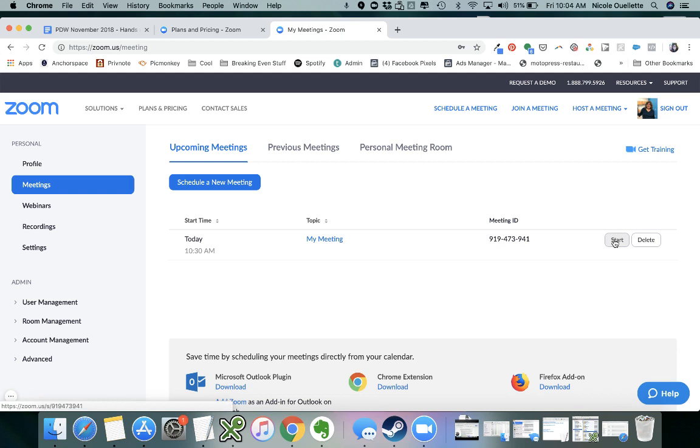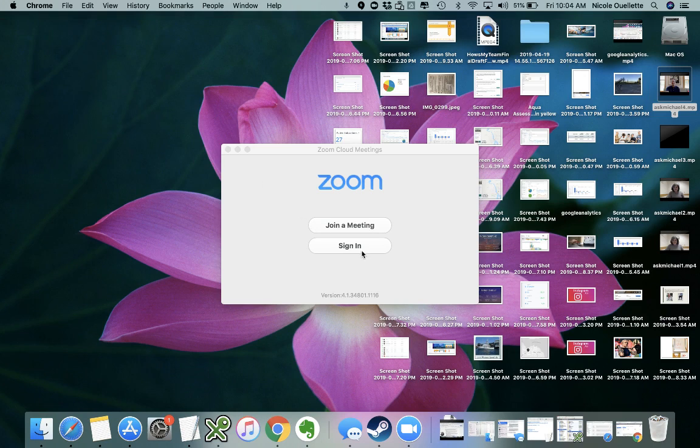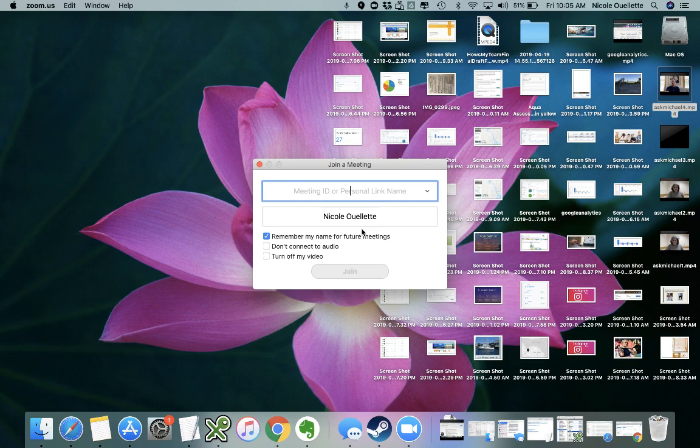If you're going to host Zoom conferences a lot, you're probably going to also want to download the app, or if you're on a mobile device. Zoom.us is where you can see all this stuff, the full version of Zoom. But besides the full version, we also have the app that we've downloaded. If you look in my lower toolbar, the thing that looks like a white camera on a blue background, that's Zoom. And what I can do is join a meeting,